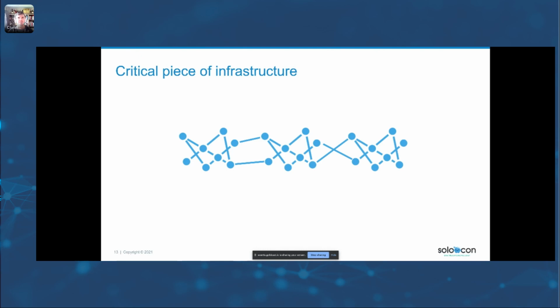This is huge. This is a critical piece of infrastructure. And having an outage or having some issues with it can significantly impact your ability to deliver on business outcomes and other business goals. So selecting a service mesh is not a trivial thing. It's a very important piece to your application puzzle.